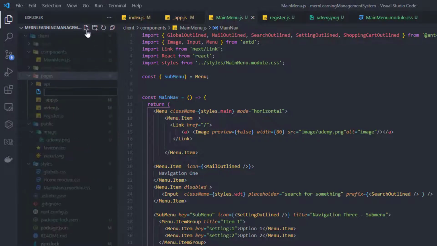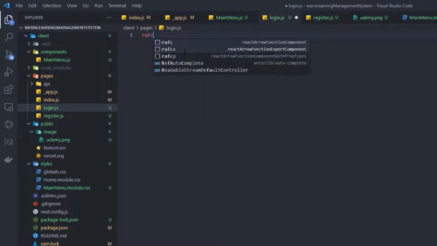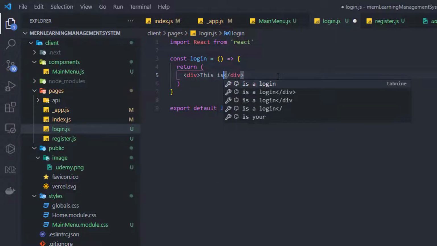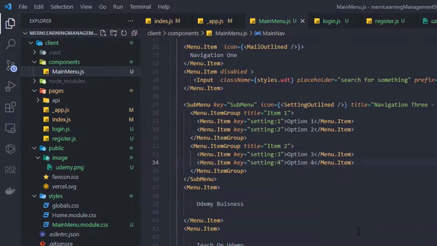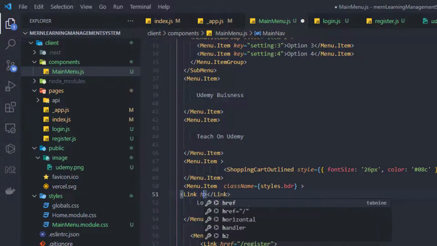Okay, let's create another page, and this is the login page, login.js. So create a React functional component, this is the login page. Okay, give it a name. This is login page. So we are going to implement the routing system. What is the login page? See, what you need to do is just wrap the